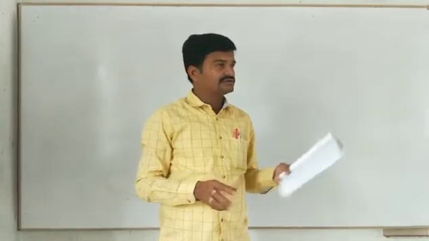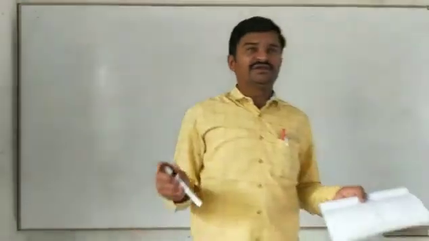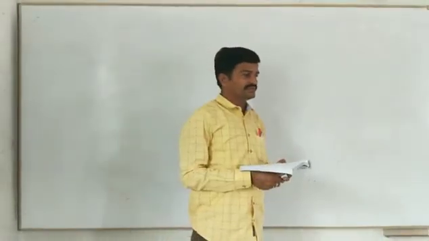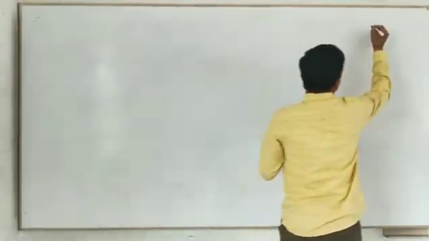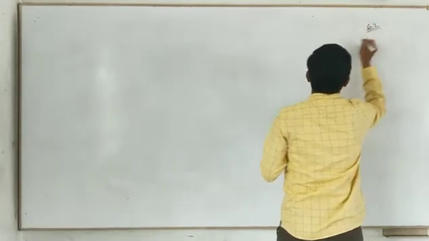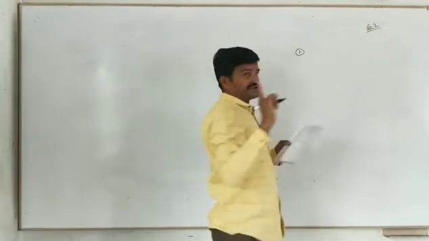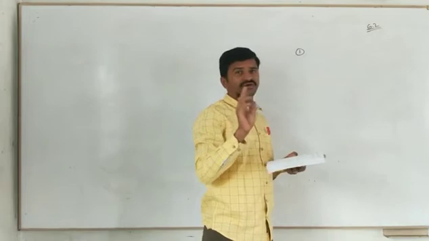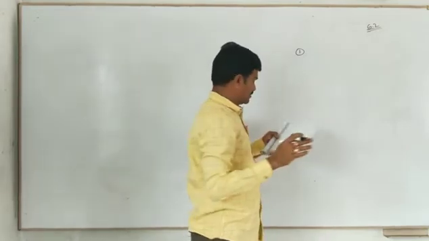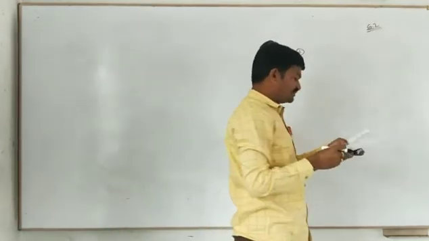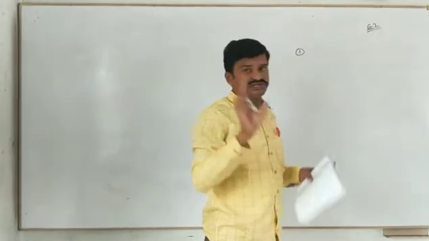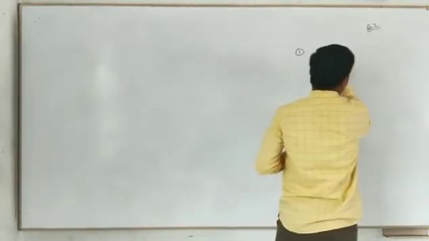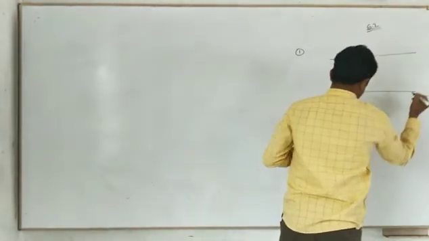Now, exercise 6.2. See, just an oral explanation I will give. Are you clear? For some problems, it doesn't require any complete proof. So this is 6.2, first problem. Listen very carefully. You have to do it on your own after going home. Understand? See, find the values of x and y. AB is parallel to CD is given, children.